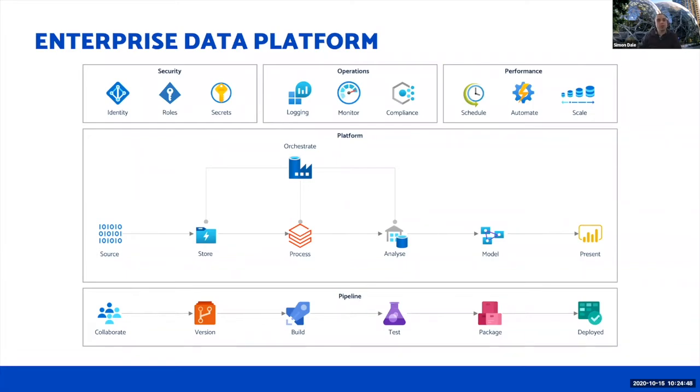So this would all be built using CICD pipelines, so that you have collaboration, building as a team. You've got version control, which is the start of that lineage, and you've got repeatable build pipelines with automation testing to prove quality. And then above the platform shown here, we've got all the different aspects of cloud governance around identity and authorization, secret management, the operational aspects, making sure that you can log, monitor, alert, and that you're compliant at all times. And then the performance around right sizing to make sure that you can cost optimize where necessary.